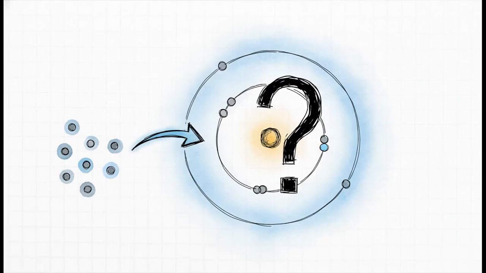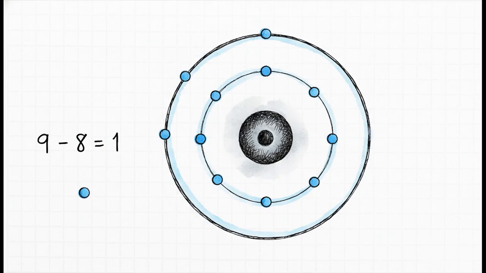Now we move on to the next shell, the L shell. We have 9 electrons left, but before we just throw them all in there, we have to check the L shell's capacity. The L shell's maximum capacity is 8 electrons. So, out of our remaining 9, we will place 8 of them in the L shell, filling it up completely. Now, this is a common place to make a mistake. Many students might try to put all 9 electrons in the L shell, but that's against the rules. So after placing 8 here, we have just 1 electron left.